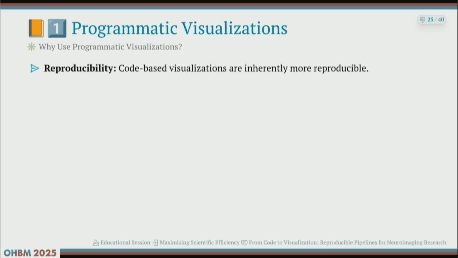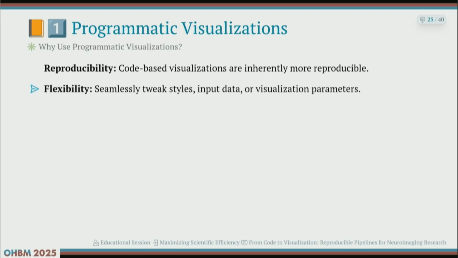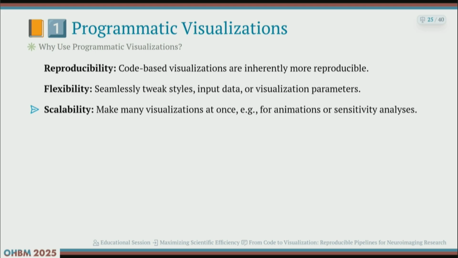So what are the benefits of doing code-based visualizations? Obviously, the first thing is reproducibility, and that's why it's covered in this talk, but it goes beyond reproducibility. Another benefit is that it is more flexible, so you can seamlessly tweak styles. Let's say you're not happy with a particular color map, or you're not happy with a particular angle of viewing, you can easily change those in the code, and it takes a second to run again. And it's scalable, so if you're generating not just a single figure, but 10,000 figures, or you're making an animation,